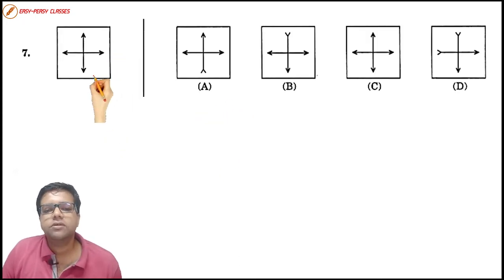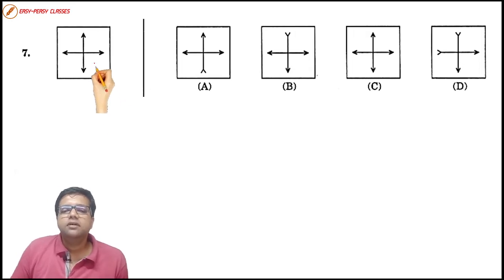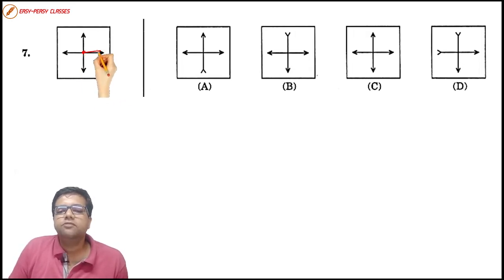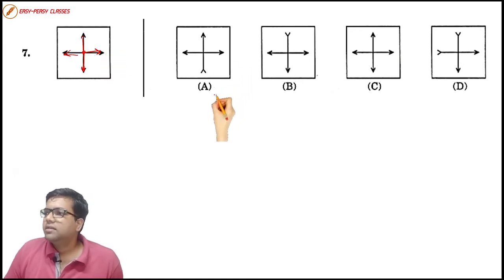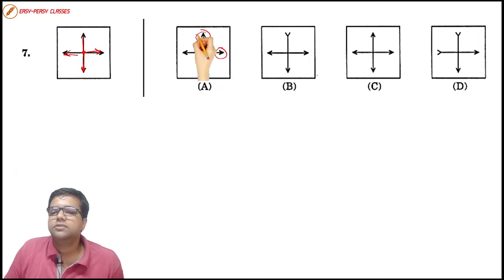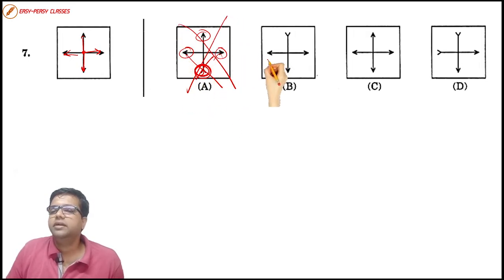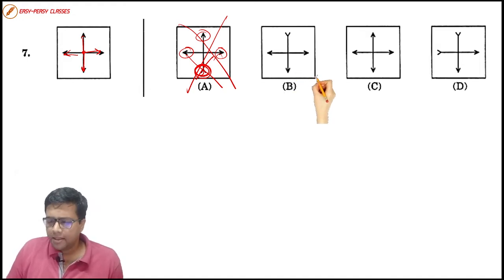Next question is question number 7. You have 4 arrows moving in 4 different directions from here, here, here, here. All right. Let us see which among these options can be the exact figure. Do we have 4 arrows over here? We have first arrow, second arrow, third arrow, but we don't have the 4th arrow over here. So this option gets eliminated. We will not consider it for marking in our OMR sheet.